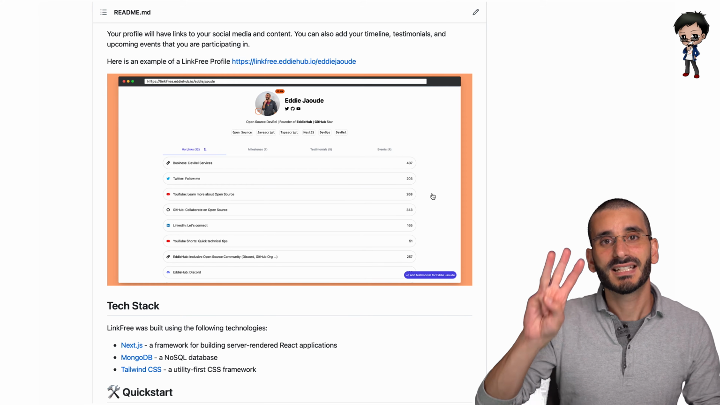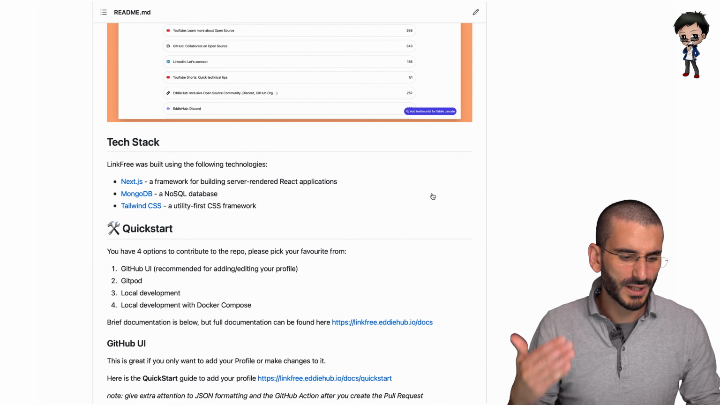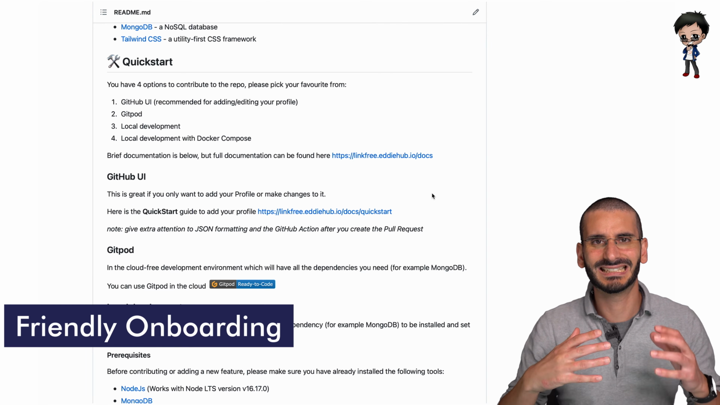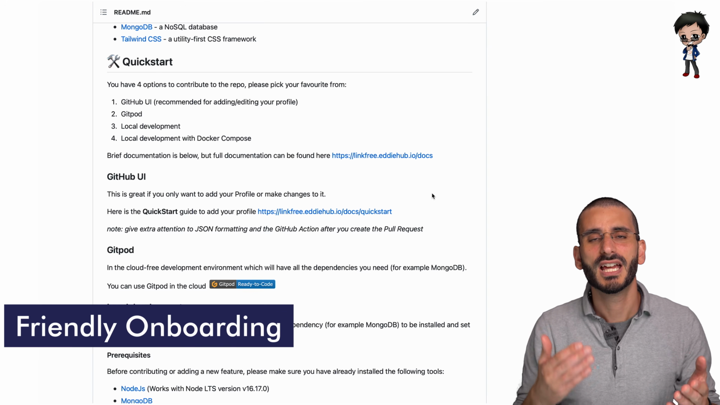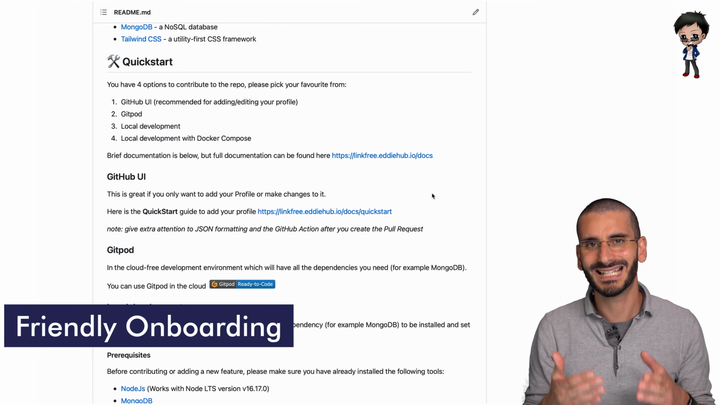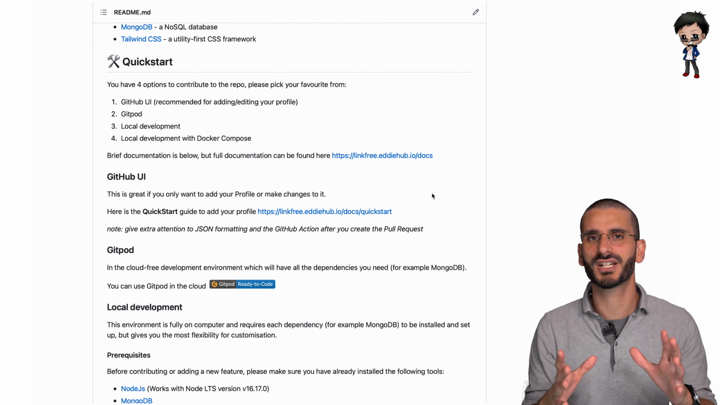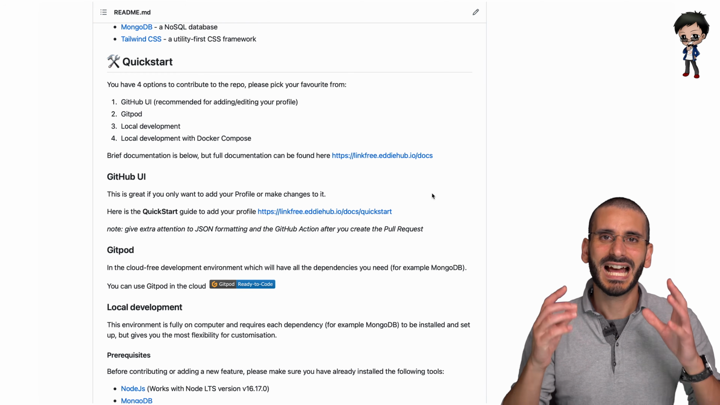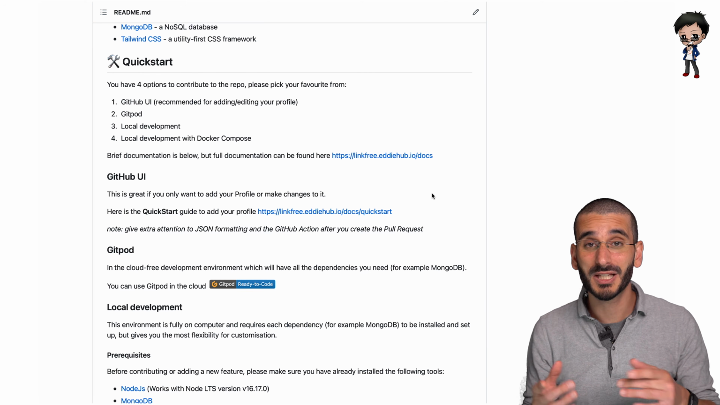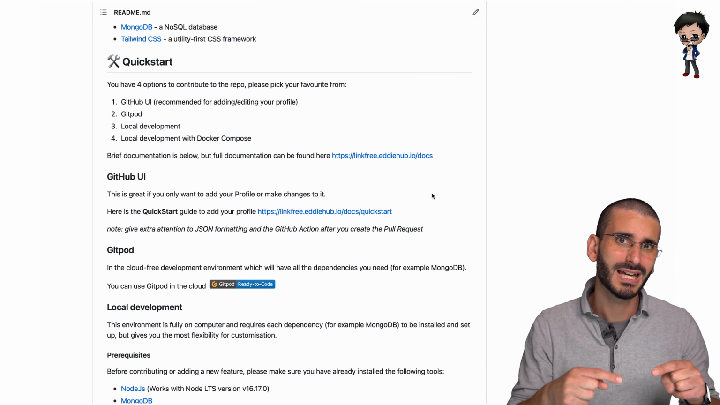Tip number 3, check that you've got a quick start guide and tech stack and those sorts of things and good documentation. Make sure your onboarding process is really good. And you're never going to get this right first time. It's going to take lots of practice and lots of iterations. And the only way you can do this is by getting people to come and contribute and you asking them